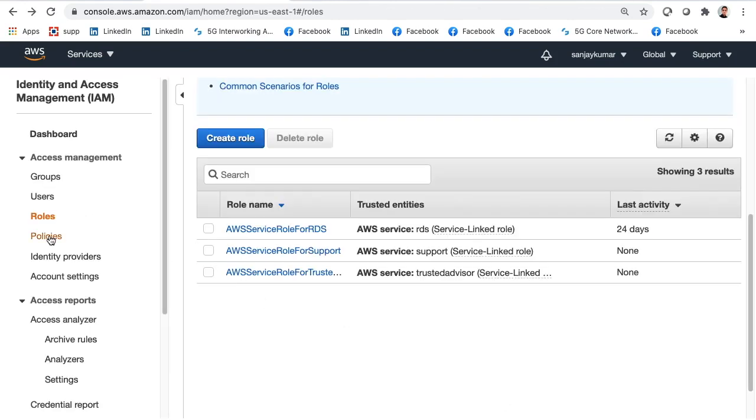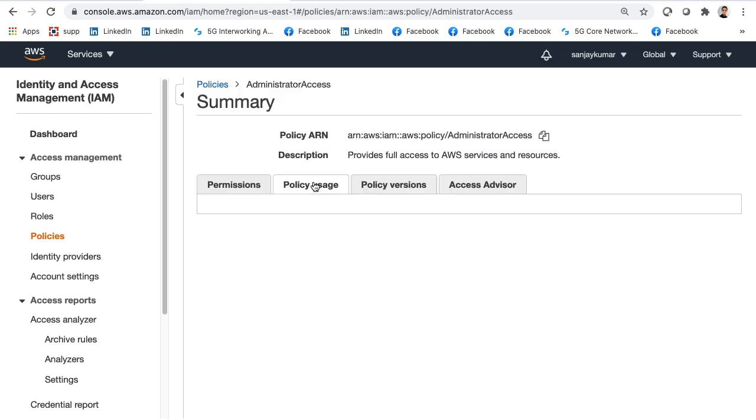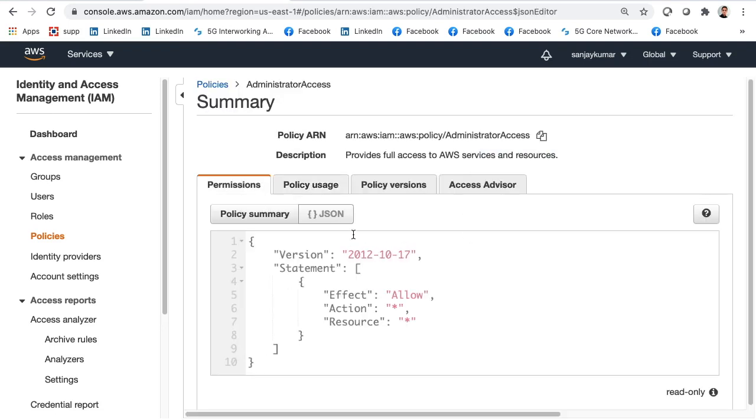Now let's look at the policies. Policies are typically JSON documents. Let's see what policy we have in the administrator access. If I click on this, it shows me the JSON format, which says version, and then statement: it allows every action on every resource.